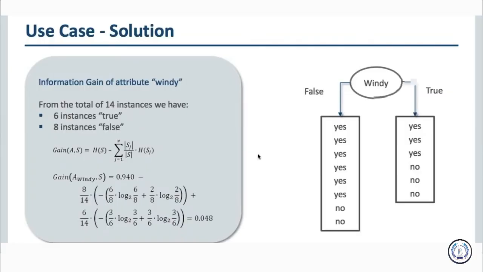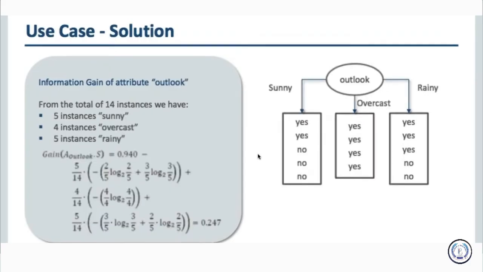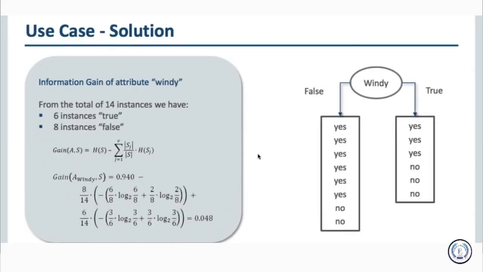So you want the more information gain. You go to another combination, and here you will see 0.94 minus some other combination that we have taken for outlook, right? And you will see here the difference, or you can say the information gain that we're getting is 0.24, which is bigger compared to 0.048. That means if we consider outlook as a parameter, we're getting better information gain compared to the